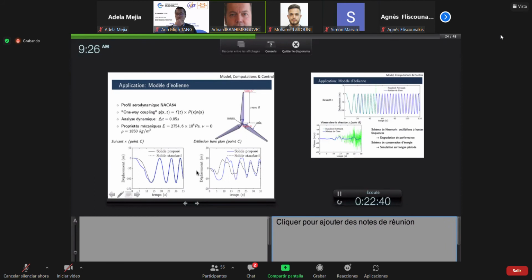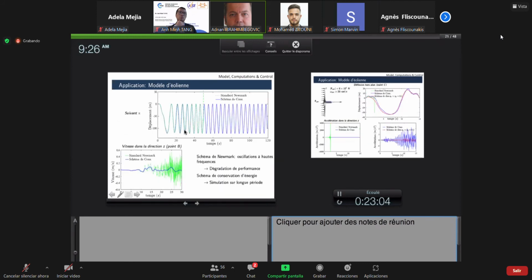So we use this to kind of model existing wind turbines. Here's one of these 5 megawatt installations. We are actually monitoring the points that are at the far end of the blade and in the middle here. And you can see that the interest of using our solid elements with the enhanced bending deformation is actually there, especially when you have out-of-plane motion, which is dominated by bending. Then it's also interesting to use our energy conserving scheme, because after a while, the Newmark scheme is not able to keep the energy conservation, it just simply explodes. You can see here that the instability starts very early for the computed velocity,